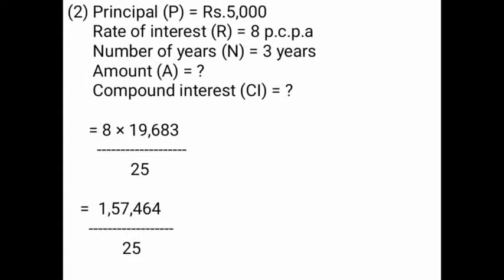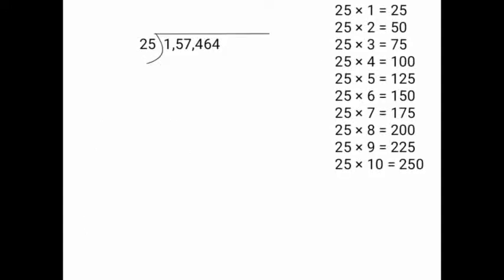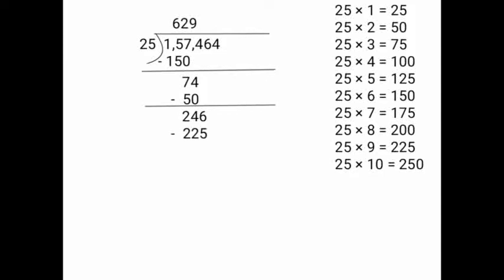That is equal to 1,57,464 upon 25. Now you have to divide 1,57,464 by 25. 25 6s are 150. 157 minus 150. 4 bring it down. 25 2s are 50. 74 minus 50, 24. 6 bring it down. 25 9s are 225. 246 minus 225, subtract it, 21. 4 bring it down. 25 8s are 200. 214 minus 200,